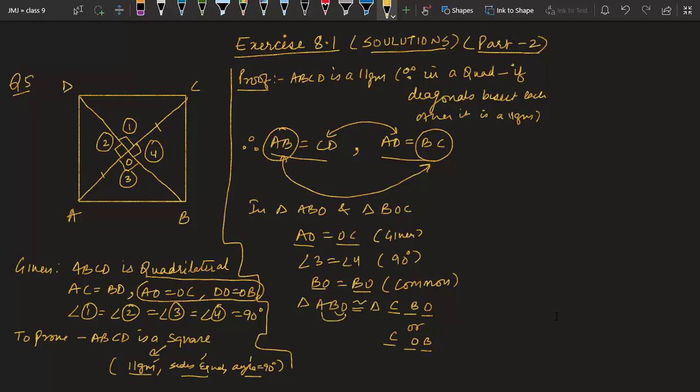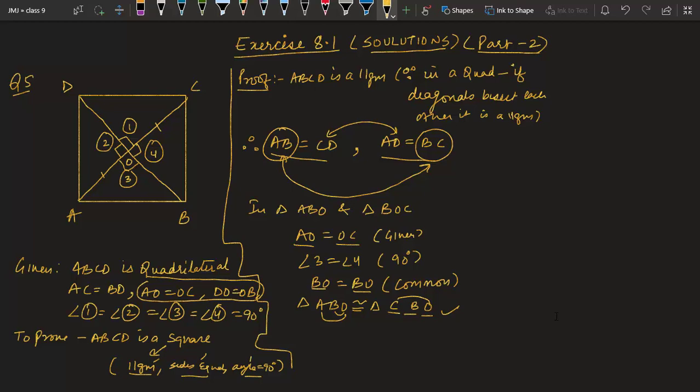AO is first and third, OC is first and third in here, here it is not there, so it is wrong. This is the correct name, okay. So after this, let me rub the wrong name. No need to rub it in your copy. It shows that you are going through proper steps.